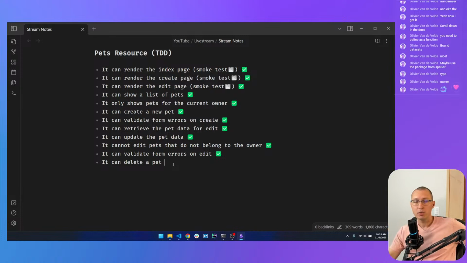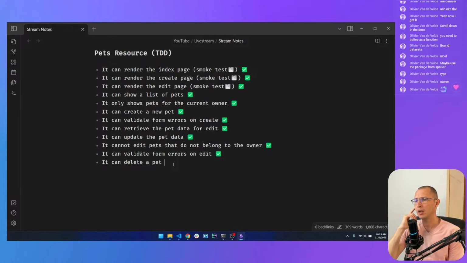The second option is that you can use the delete action on the edit form. But we have already tested that if the pet does not belong to you, you cannot delete it. So we're covered on that. The only thing that we need to test now is that if the pet does belong to you, that A, you have an action visible to delete that pet on the table, and B, you can actually call that action and delete that pet.